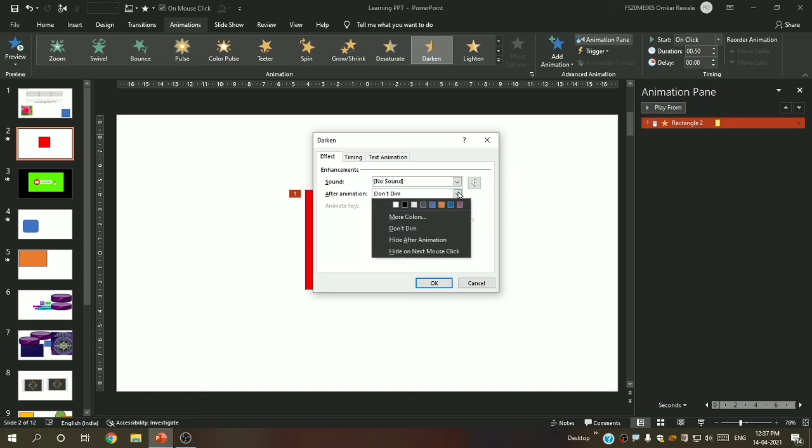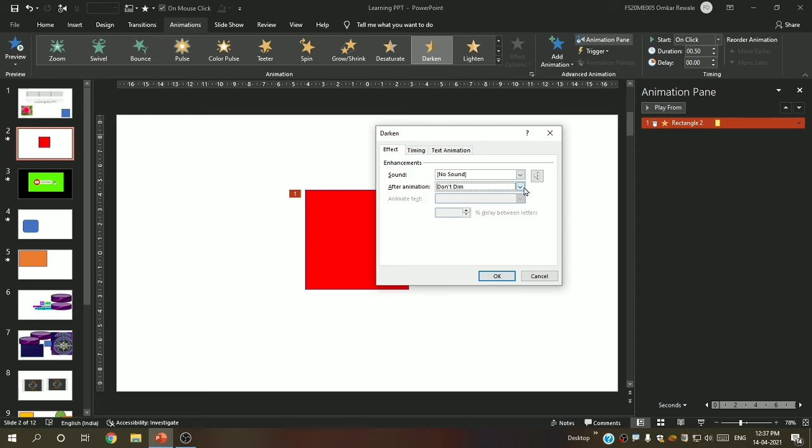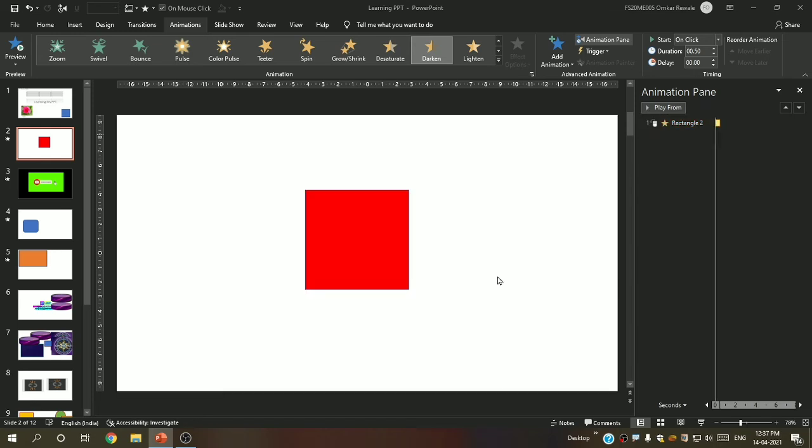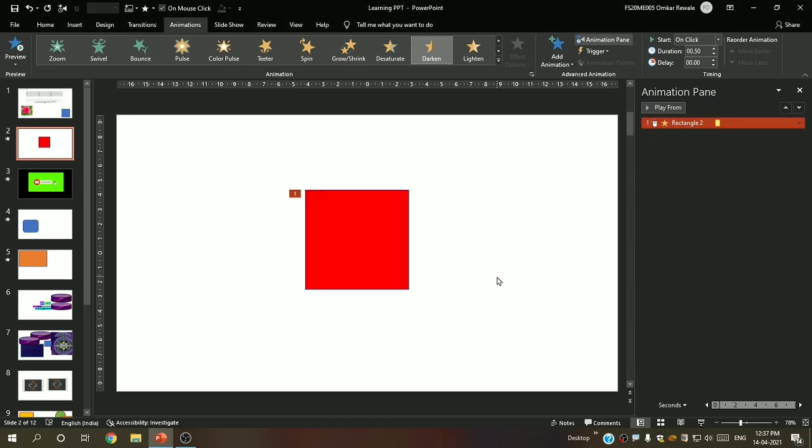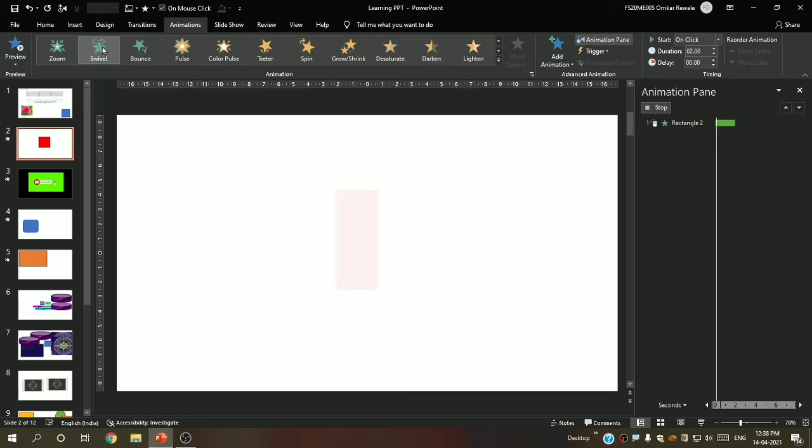After animation. After animation means what do you want to do after the animation, that is, should it dim or not. You can see more colors, or don't dim. Now let me say black and say okay. See, it gets dimmed. Now let me show you what it means.